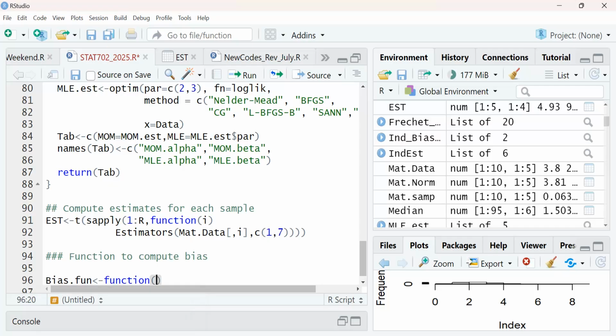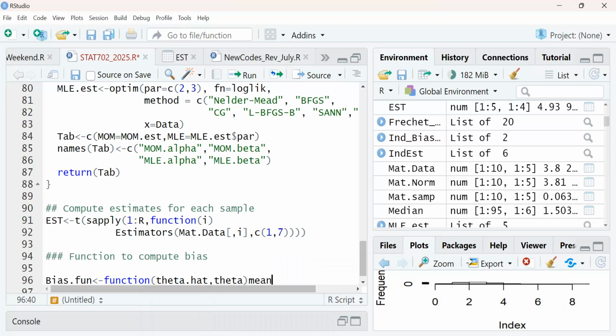So what do you need in order to compute this? If you are writing a function, you have to know at hand what you need. Bias is the expectation of theta hat minus theta. So I can do theta.hat, that's to show that I need theta hat, and then theta. Okay.